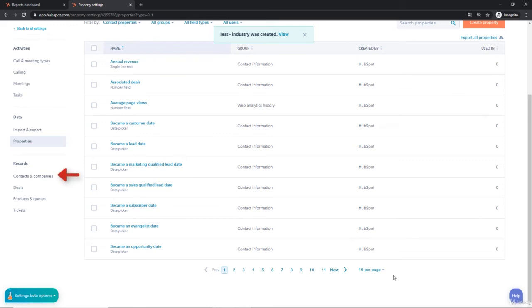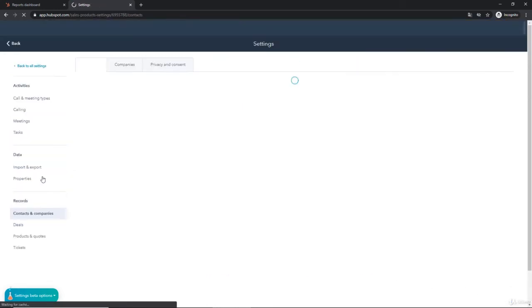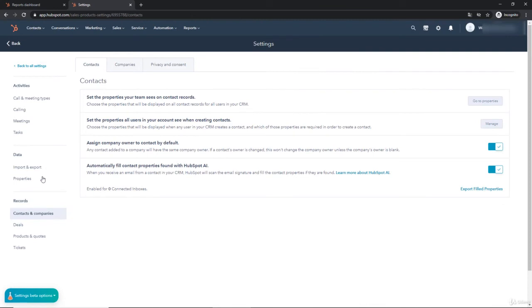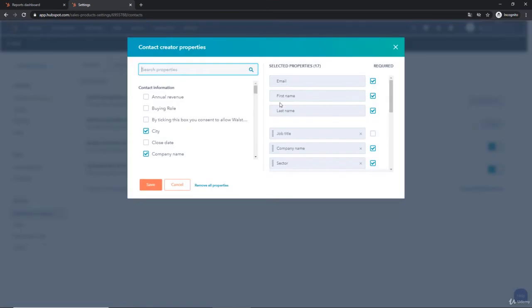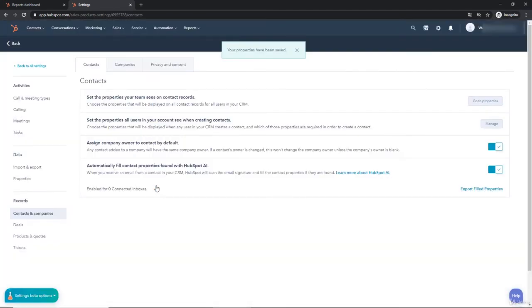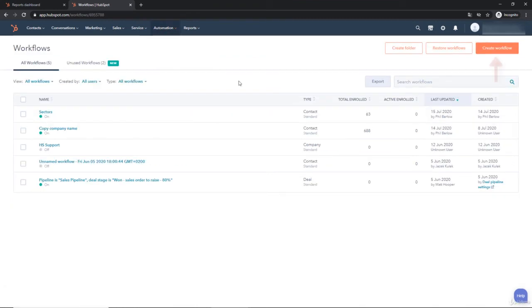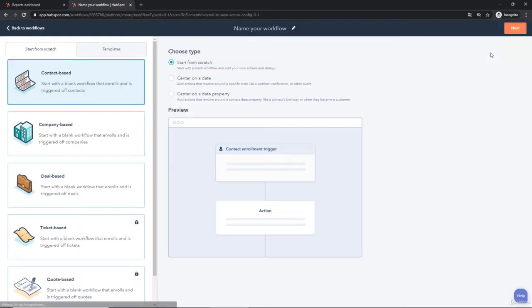Click on the Contacts and Companies. Set the properties visible when creating a new contact by clicking on the Manage button. Find the industry property and check it. Click Save. Now go to the Automation and Workflows. Click Create Workflow. This time, it will be contact-based. Name your workflow, assign retail leads,